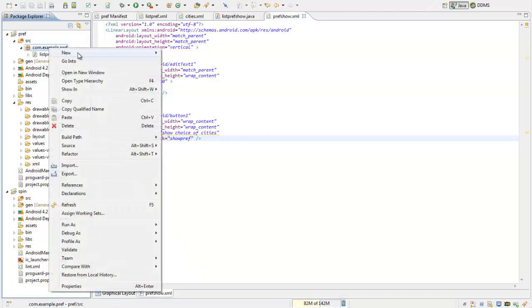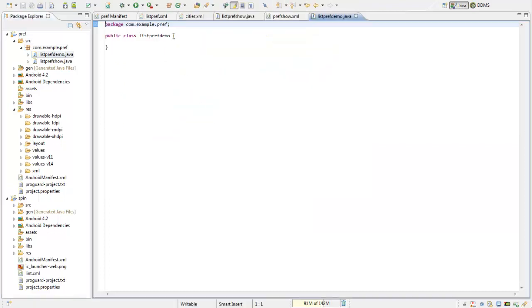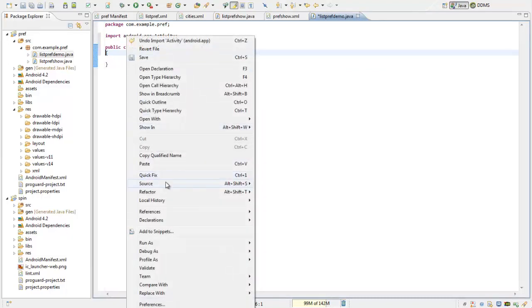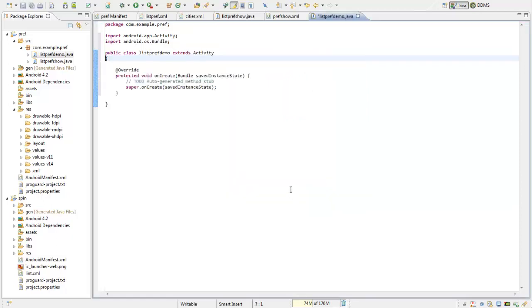So I'll create another class. I can say ListPrefDemo. ListPrefDemo extends Activity, and I can import this, add the method onCreate, and set the content view to R.layout.pref_show.